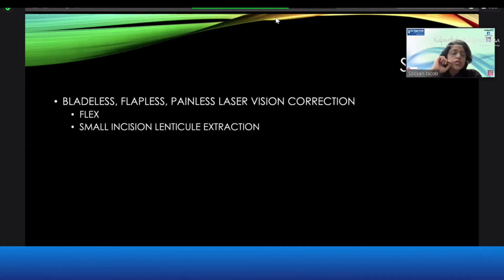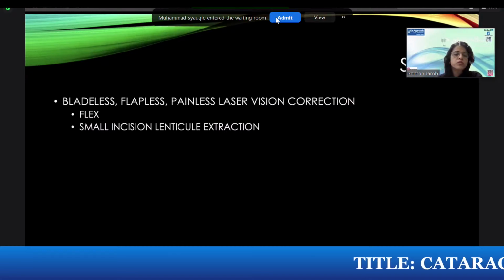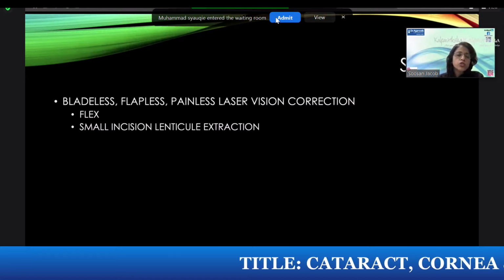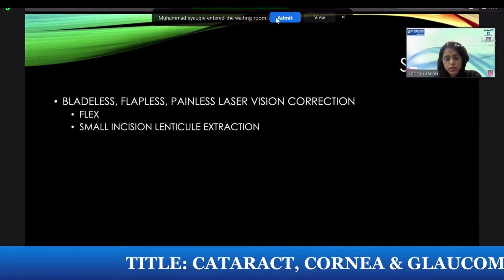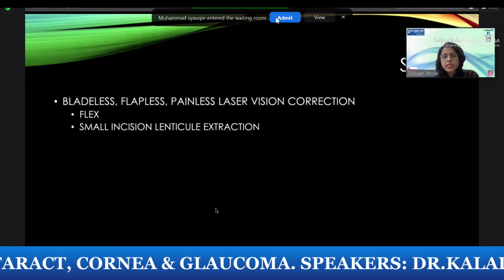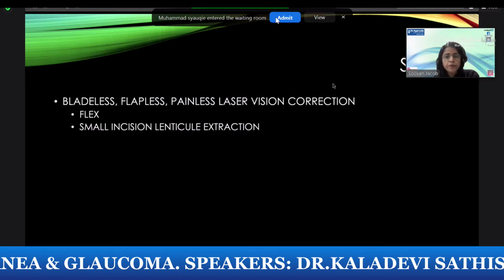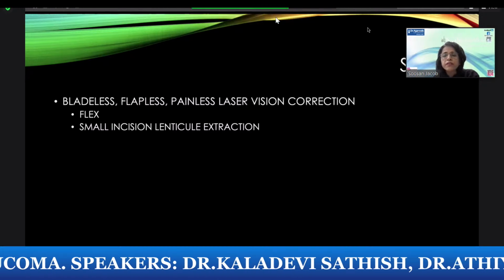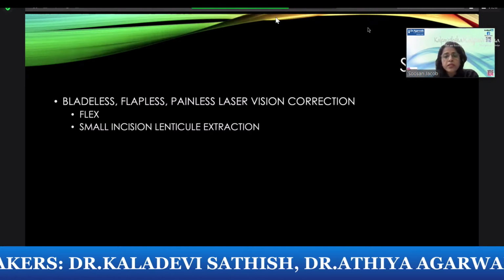Small incision lenticule extraction or SMILE is a procedure where the flap is completely done away with. It's a cap, so it's basically a keyhole surgery. You just go ahead and extract this lenticule, as Ramya already showed beautifully, and that takes care of this part of the refractive correction. So I'll just stop sharing this screen and I'll go on to my next talk, which is